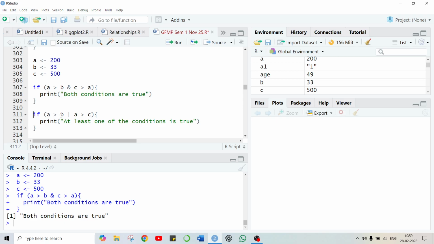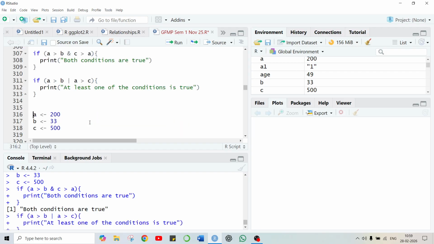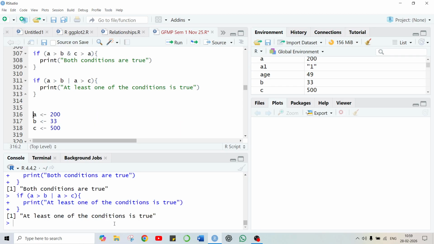Or condition, A greater than B or A greater than C. If one condition is true, it will print either or. At least one condition is true, right? Or. So in set theory you have intersection and union. Same formula will apply here, right?